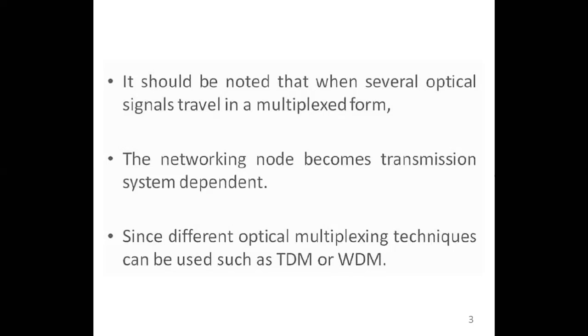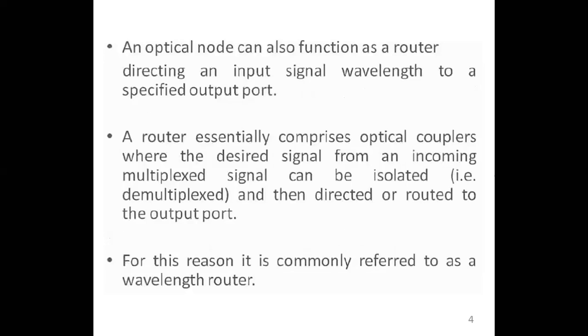You can use TDM or FDM, but as we have discussed in the previous lecture, in terms of optical networks, we prefer wavelength division multiplexing, wherein each user is assigned a particular wavelength, and the signal from each user travels over that particular wavelength. Very important to notice that we should have the functionality of being able to reuse the wavelength. I've just mentioned that the node can function as a router, which directs the input signal to a specified output. And in that case, the node can be called a wavelength router.